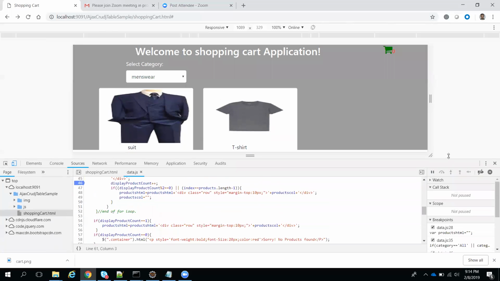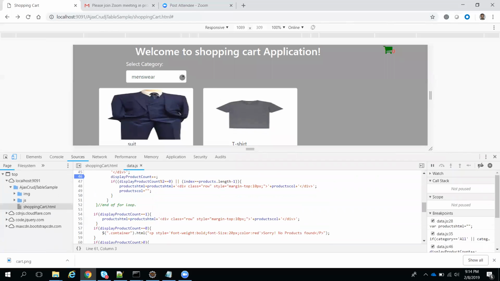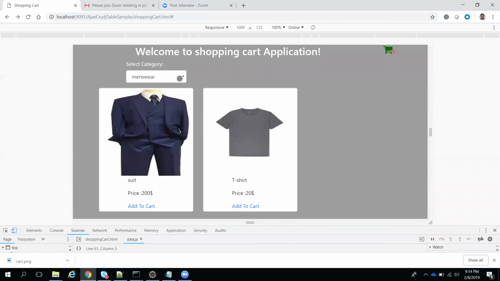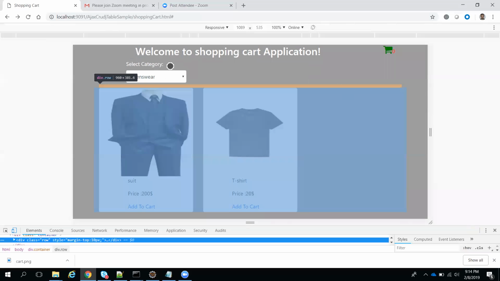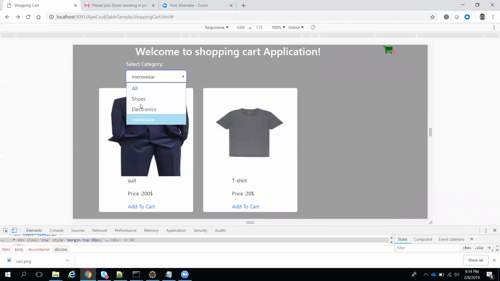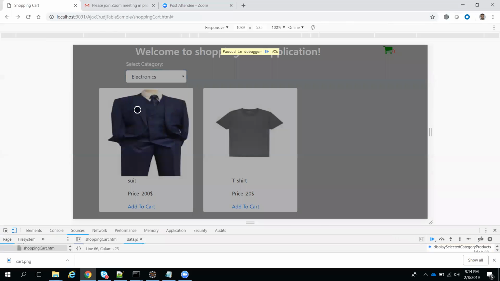Okay, same way, suppose there is a category that has no products. I want to show that one. Electronics devices, we don't have any products of that category in our data.